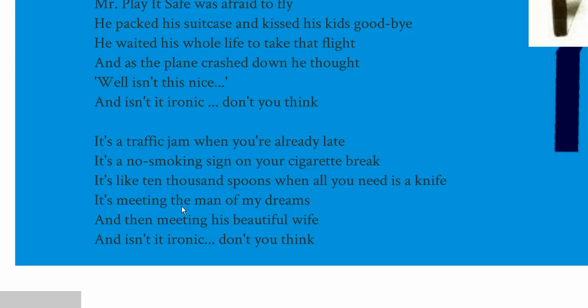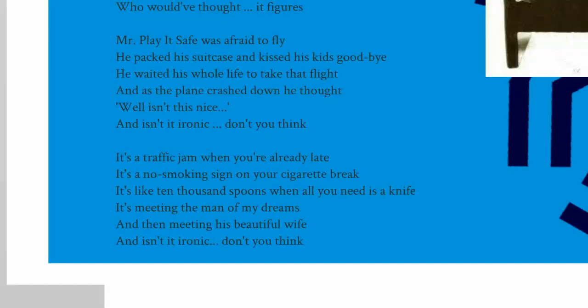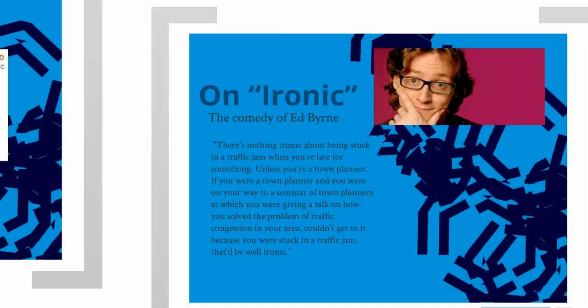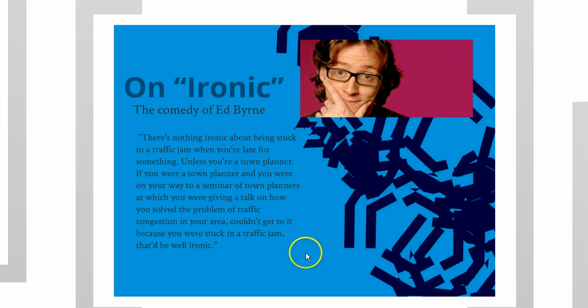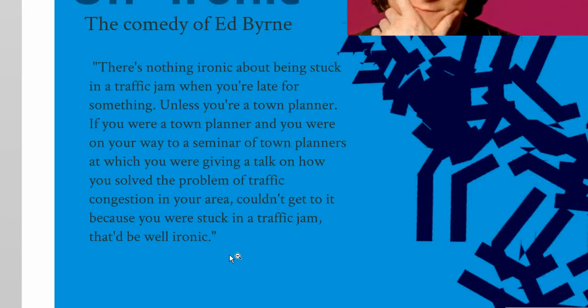And a lot of people criticized Alanis and said, that's not really the definition of irony. Some of those things are a little bit maybe ironic, but most of those things just are unfortunate. So one of the people that criticized her was a comedian named Ed Byrne. That's him right here, kind of a goofy looking guy. And Ed Byrne took some of these lines from the song and added some to them to make them truly ironic. So let's look at some of these good examples of irony.